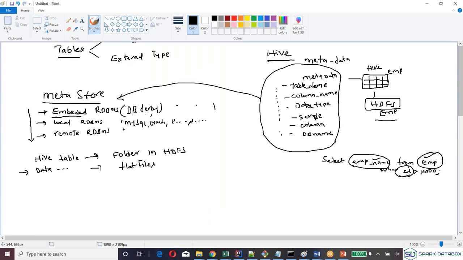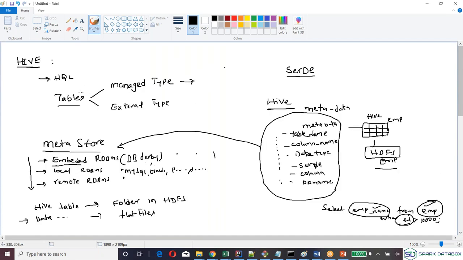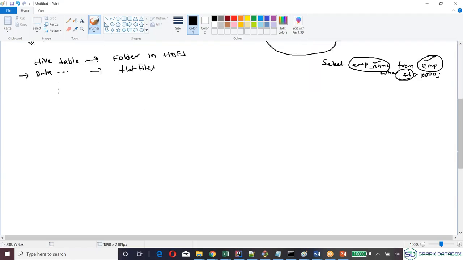So as I said, there are two types of tables, right? Managed and external, or some people call them internal and external.